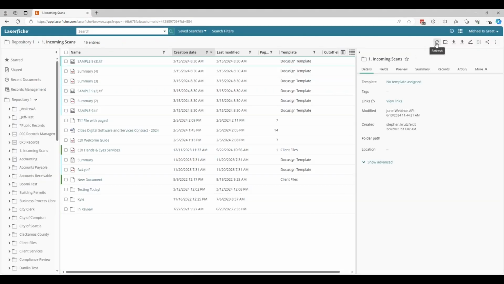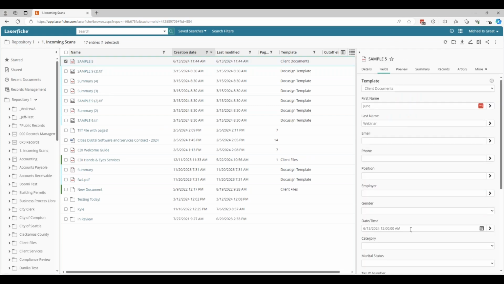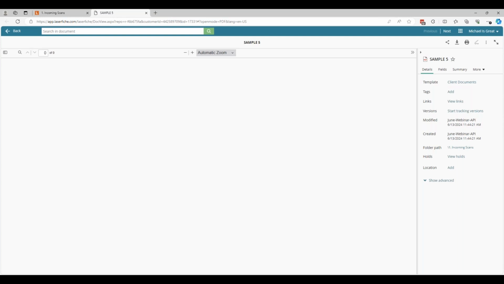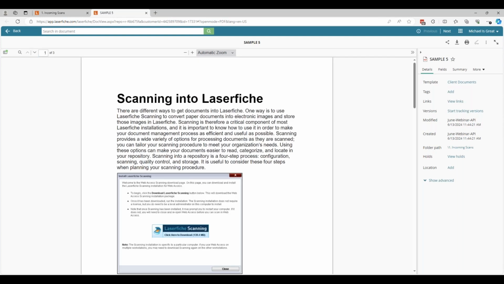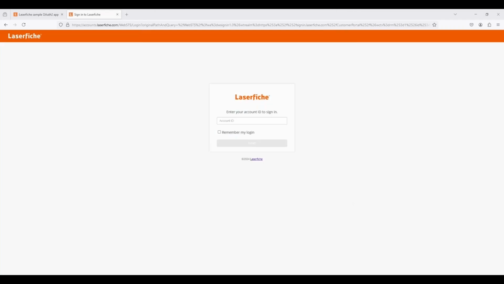So if we refresh our incoming scans, we can see our sample file here with our metadata applied. If we click on our document, that will then open the document in our browser for us. Let's take a look at another